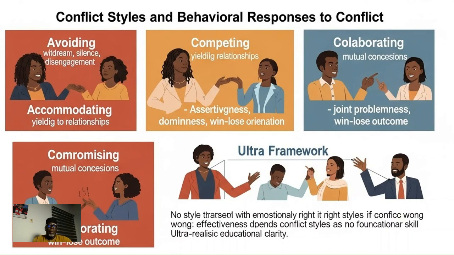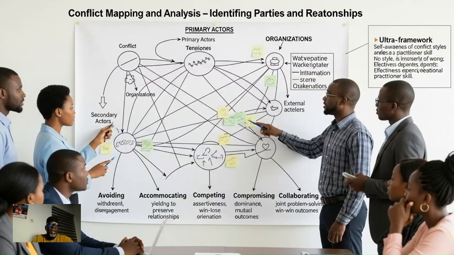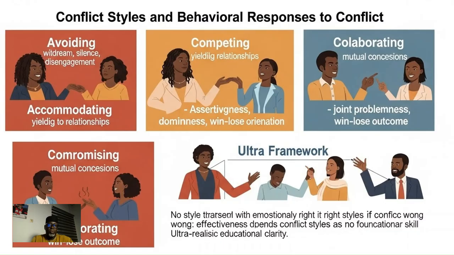The second style is collaborating. Collaborating is a style that emphasizes cooperation and finding mutually beneficial solutions. So collaborators seek to address the needs and concerns of all parties, leading to win-win outcomes. So this style is effective for complex issues where long-term solutions are needed. Then the third style is compromising. Compromising is a style that involves finding a middle ground where both parties make concessions. Compromisers aim for solutions that are partially satisfying to all involved. So this style is useful when time is limited and an expedient resolution is necessary.